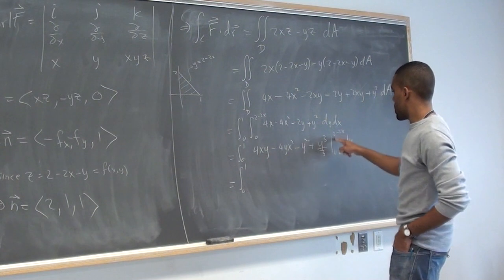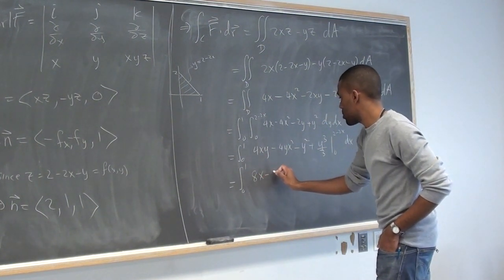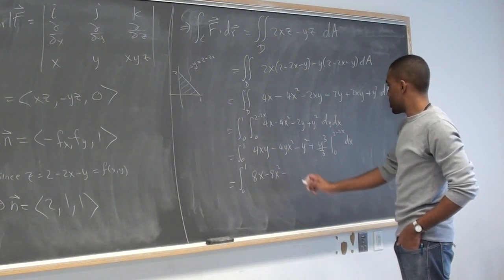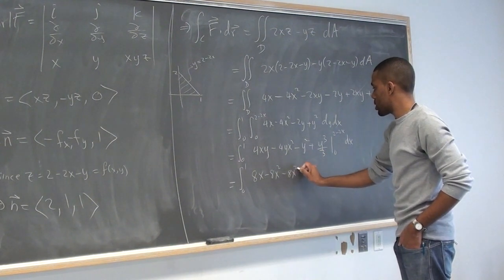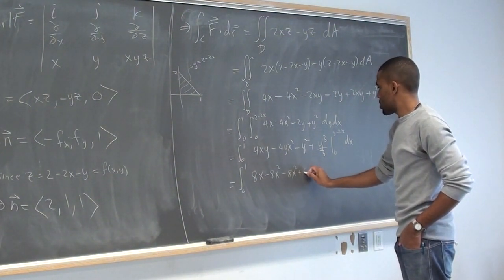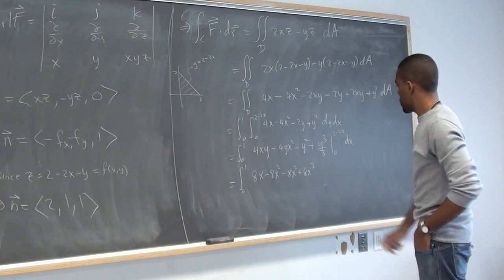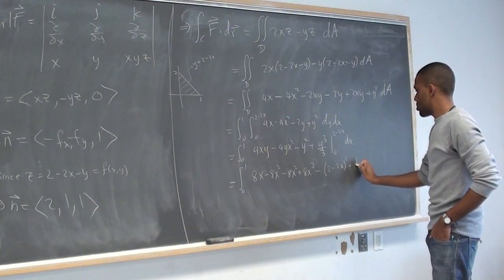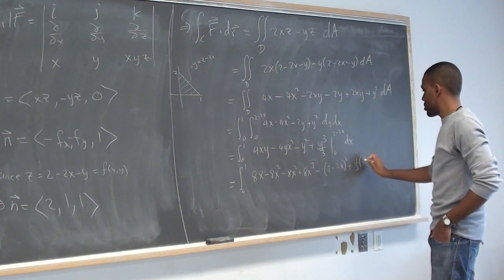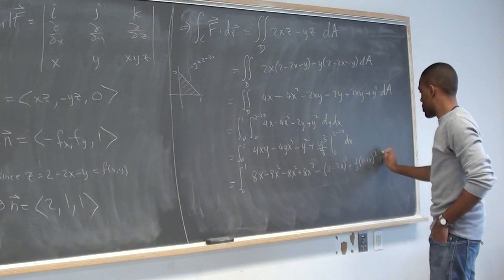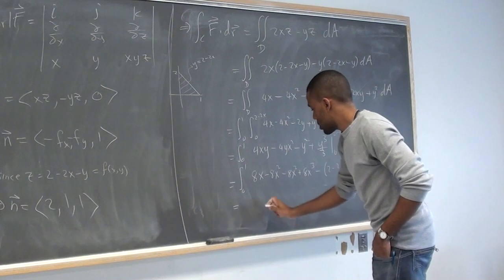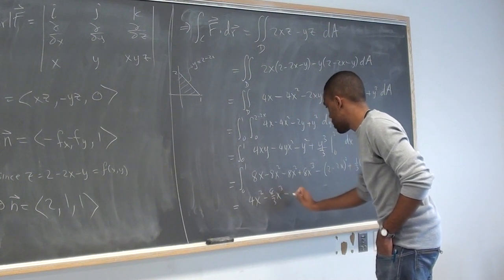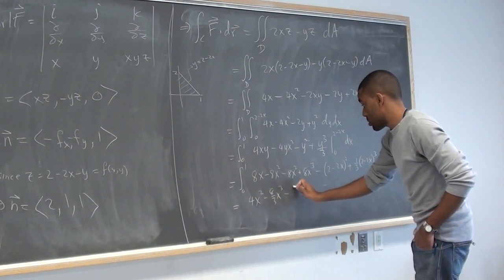And so this will be 4x times this, so it's 8x minus 8x squared. 4x squared times this, so it's minus 8x squared plus 8x cubed, y squared plus a third y cubed. So now you integrate, this would be 4x squared minus 8 over 3 x cubed minus 8 over 3 x cubed